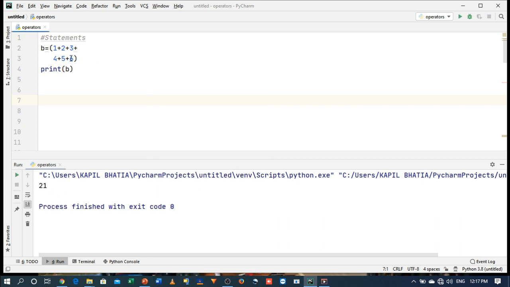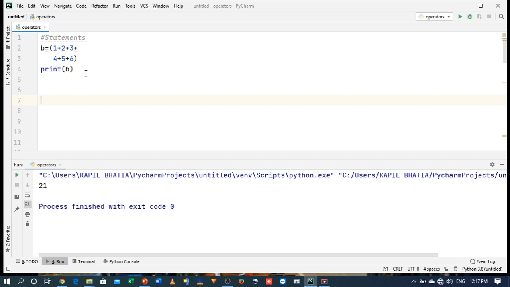The output of 1 plus 2 plus 3 plus 4 plus 5 plus 6 is 21, and here I don't mention any continuation mark, but with the help of the implicit method I show you how to use multi-line statements.